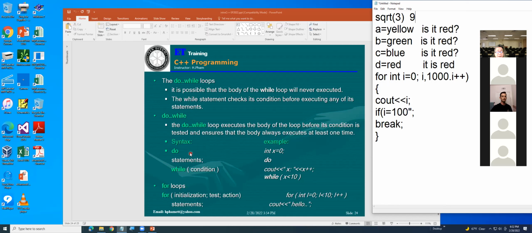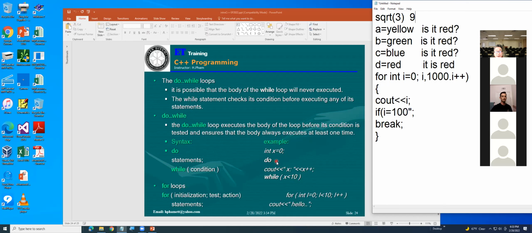Syntax: do. Integer x equals 0. Now they say do cout i, while i less than 10.